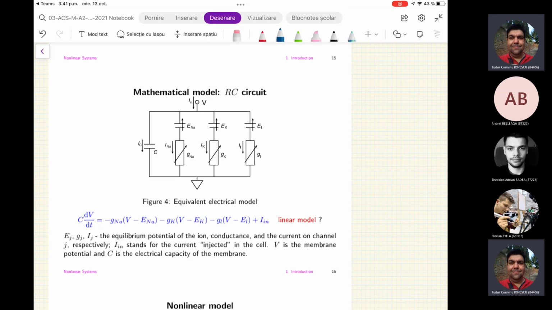Where E_j, g_j, and I_j are the equilibrium potential, the ion conductance, and the current on the channel, respectively. It says here, I_n stands for the current injected into the cell, V is the membrane potential, and C is the electrical capacity of the membrane. So the equation governing